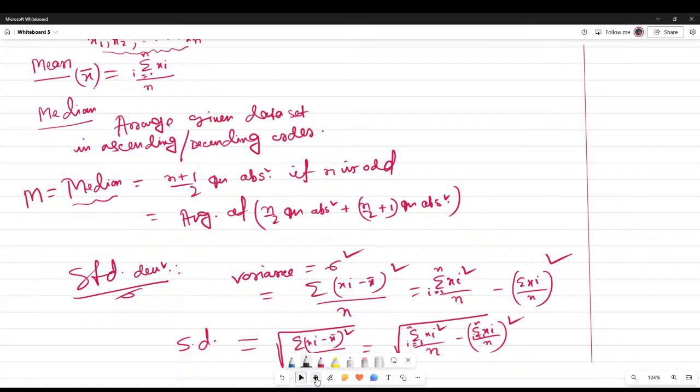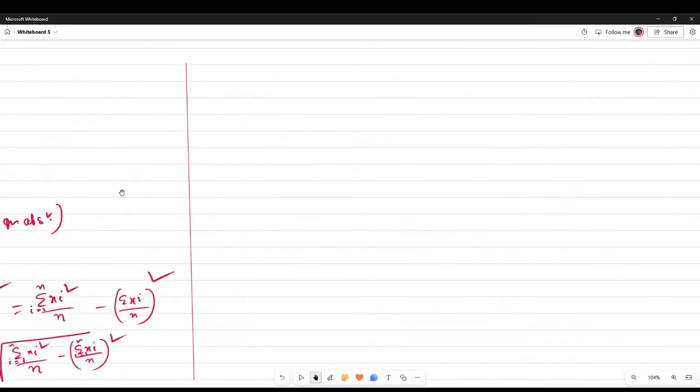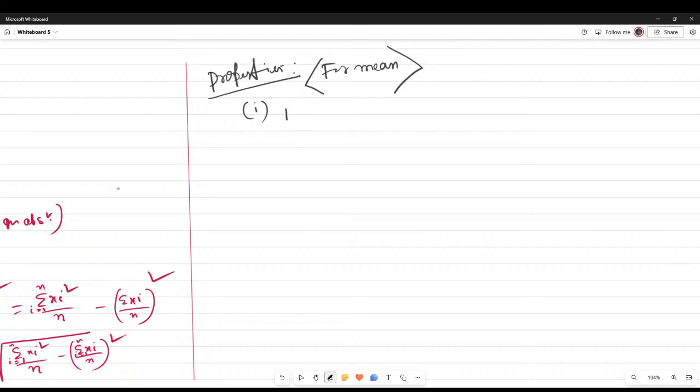Some important properties for the mean: if each observation is increased by k, plus or minus k, you can increase or decrease,